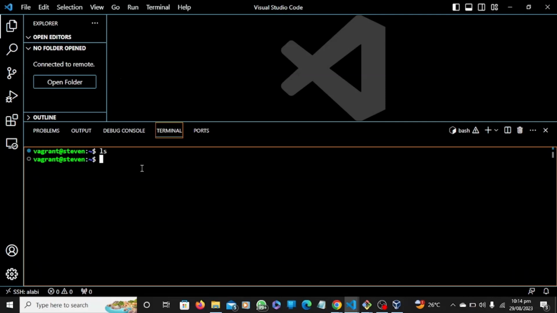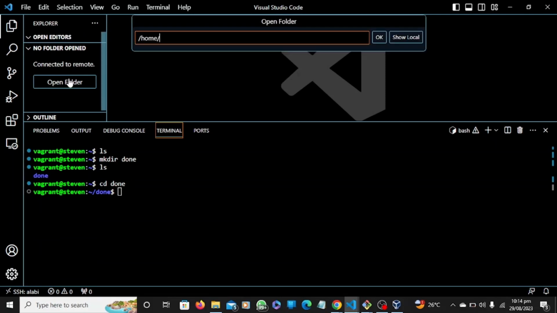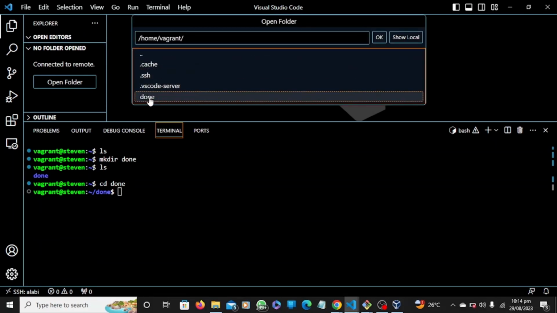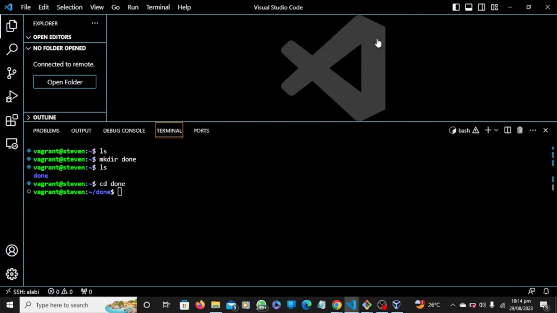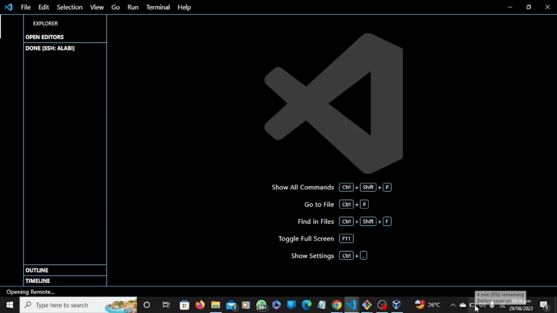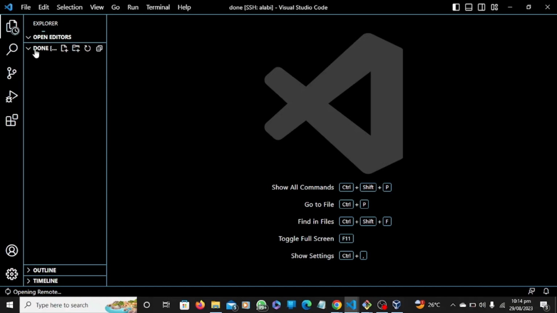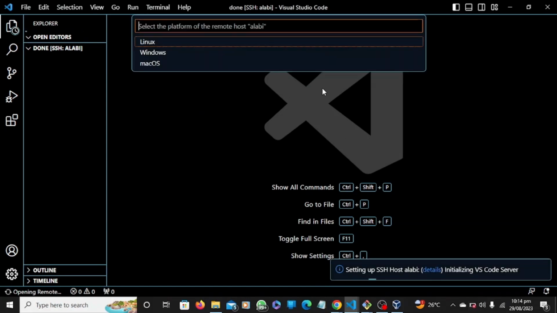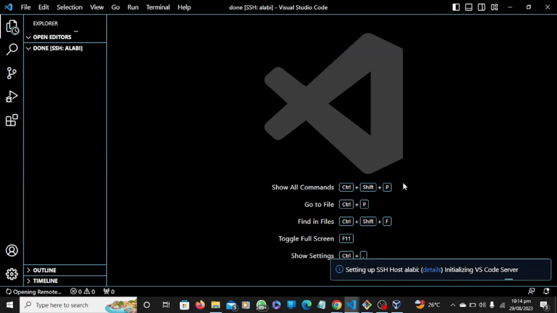So let me create something before my system dies. Make a directory, done. Okay, ls, cd into done. So let me just open a folder. Look at it, done folder, then okay. Look at it, my done folder is ready. So that's just it. You can click on Linux, though this